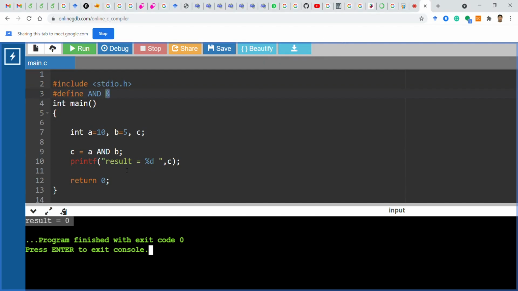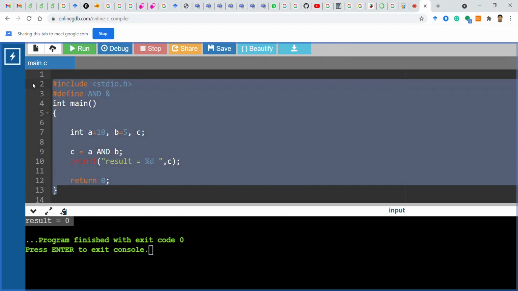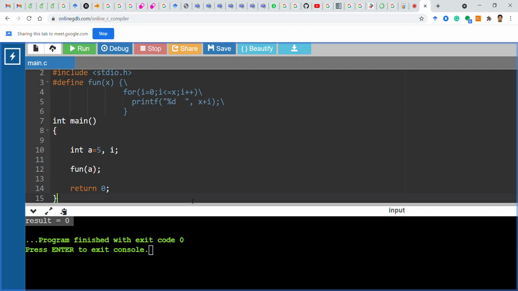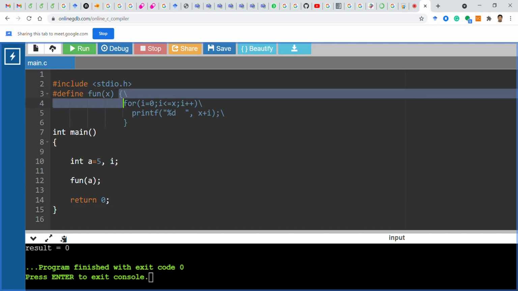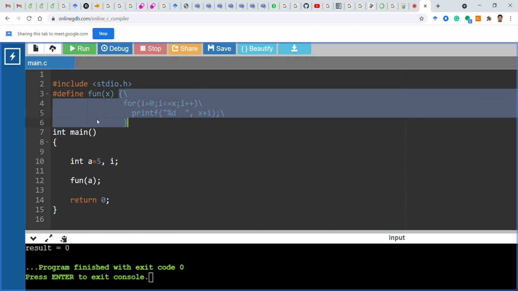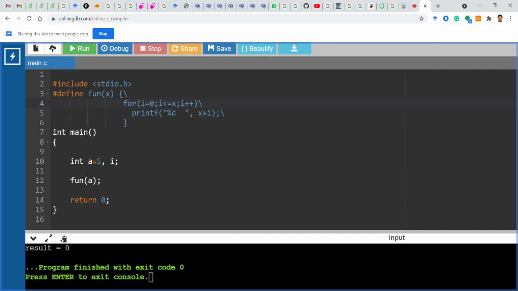That is, I have written, as I told you, a preprocessor definition having multiple lines, something like this. What is given over here? What this particular preprocessor means is #define fun(x).